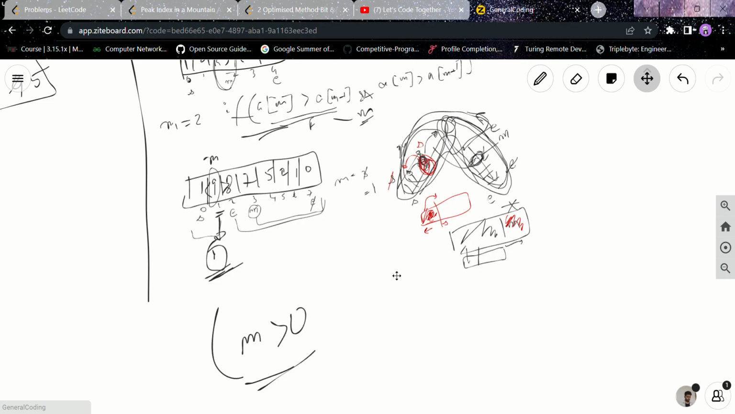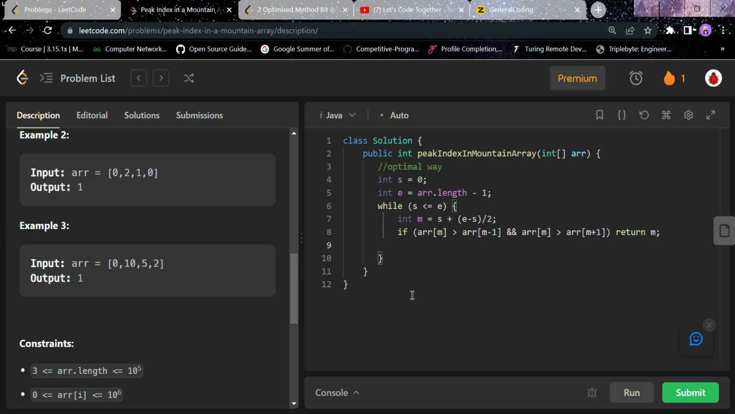If it is not true, we will check whether it is on the left-hand side or right-hand side of the array, that is, in the decreasing side or the increasing side. Let's check for the increasing side of the array. If array of mid is, sorry, it would be less than, the increasing side means the next element would be greater than mid, so array of mid is less than array of mid plus 1, then simply do